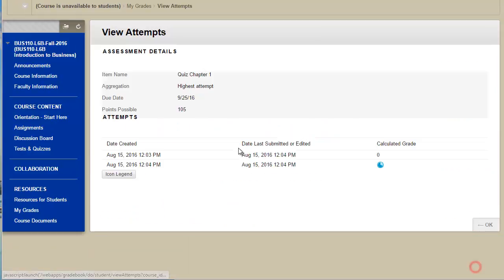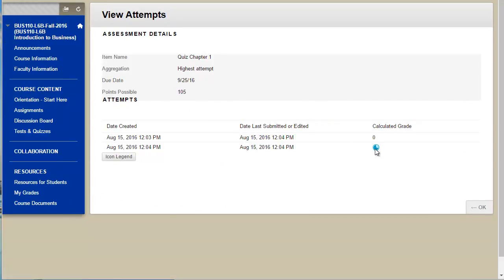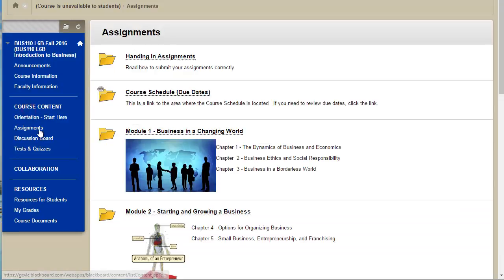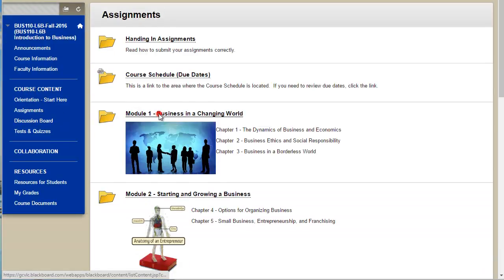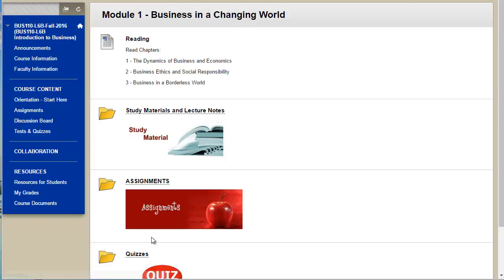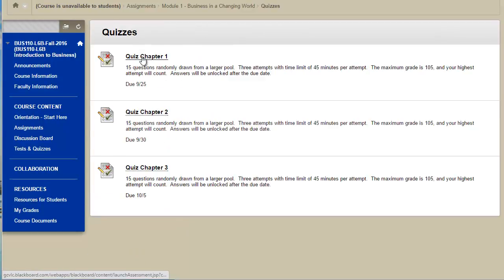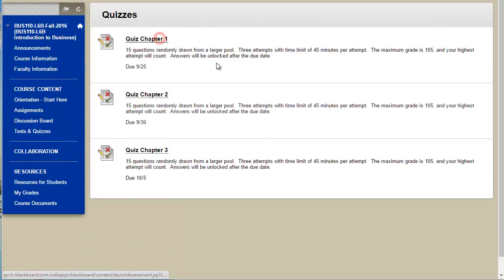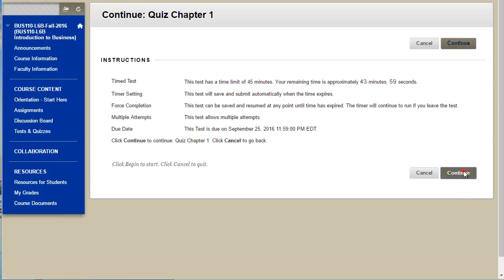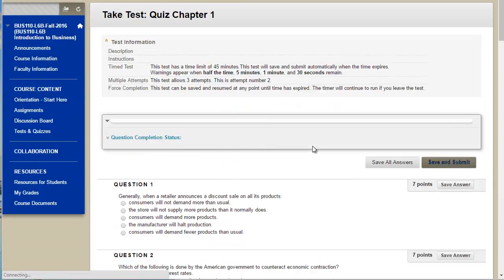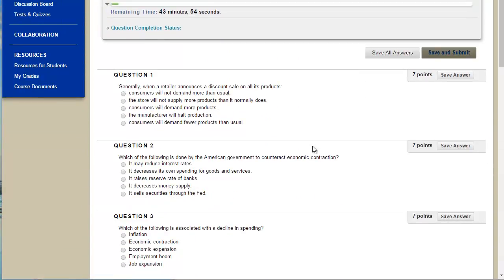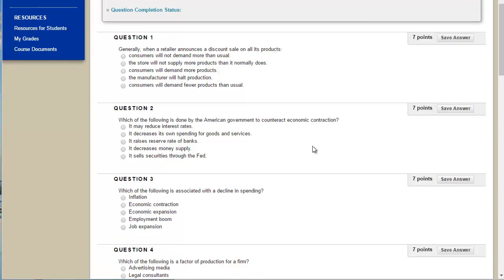And I have one that I have not submitted because I exited out of it before I was done. And it looks like it won't let me. It might let me back in there. What if I go to assignments? Okay, I can continue that attempt that I backed out of earlier on and pick that up.